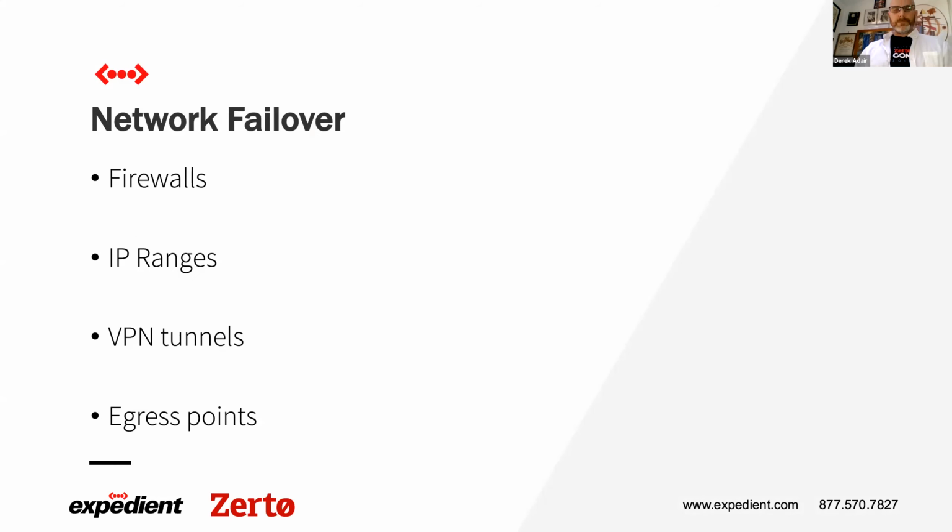From a network standpoint, this is the key. A lot of people, when they do a failover, think about how am I going to get my data from one point to the other, and then do my VMs power on when I get there. But if you start to think about it, there's other pieces to your application. There's other pieces to that puzzle that usually get lost in the motion of this. And those are things like firewalls, IP ranges, VPN tunnels, and egress points